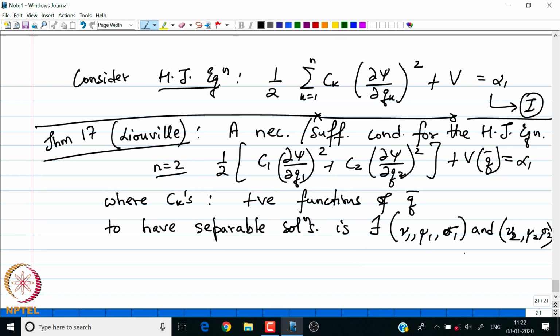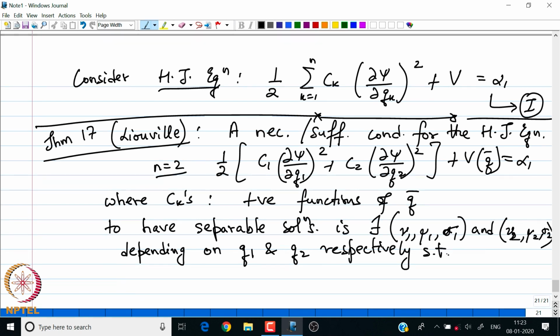So the existence of these two triples. These are not constants but functions, depending on q1 and q2 respectively. The first set depends on q1 and the second set of functions depends on q2, right, such that